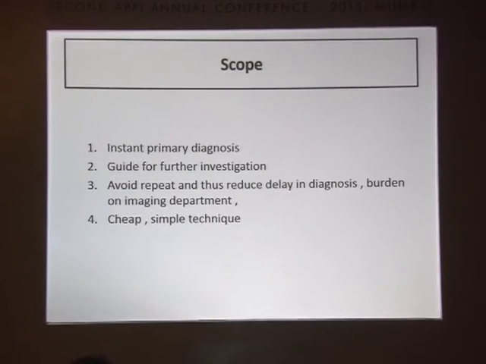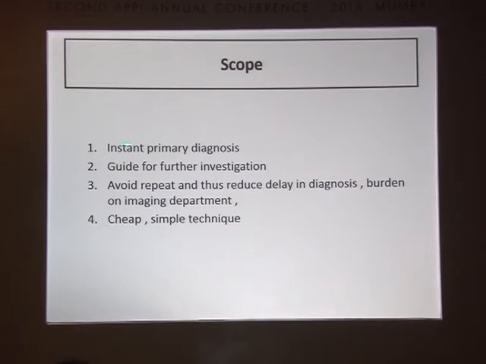So what is the scope? The instant primary diagnosis can be given wherever necessary. Of course, it is very helpful to guide further investigation, what you should do. See, like the case I showed you of IDC breast with lung mass. Once you say spindle neoplasm, no further requirement. The patient has to be taken up for surgery to remove the mass. But if it comes out as something else, granulomas, you can collect material also for microbiological investigation. So that is also another additional use of it.